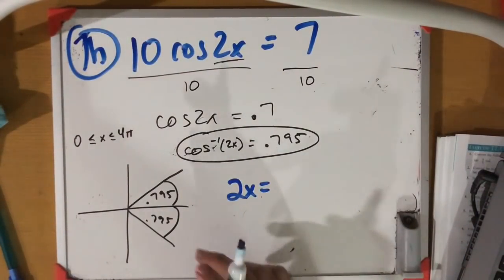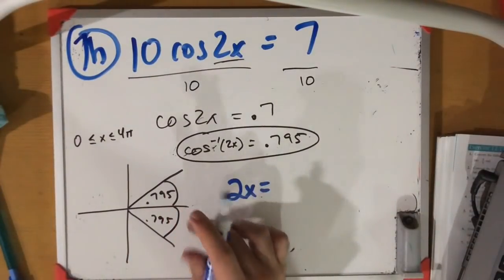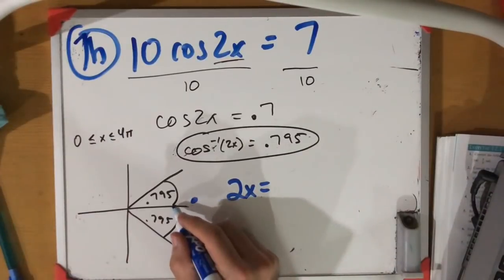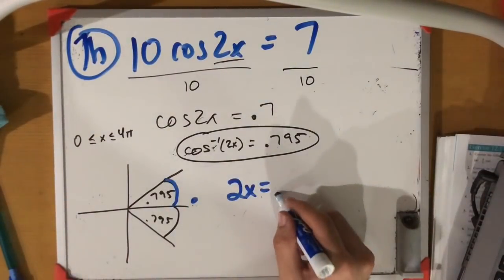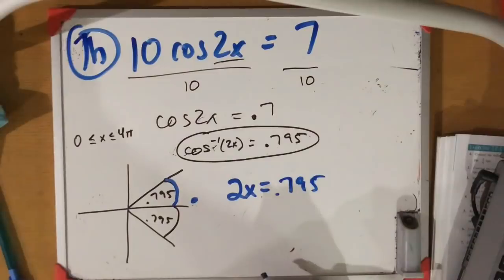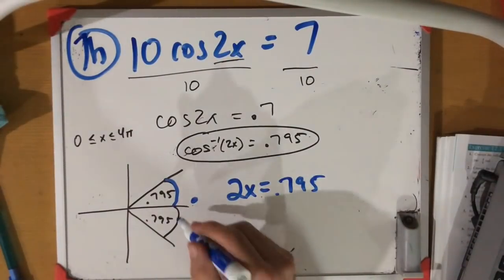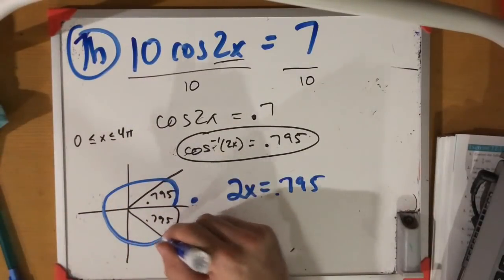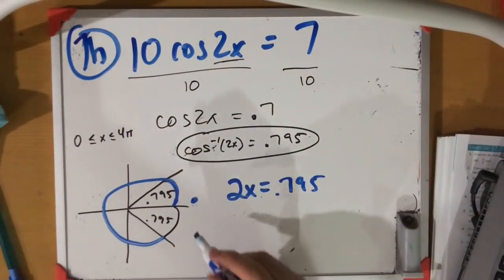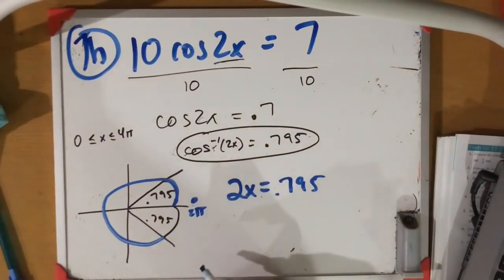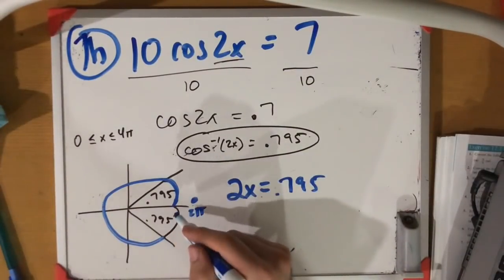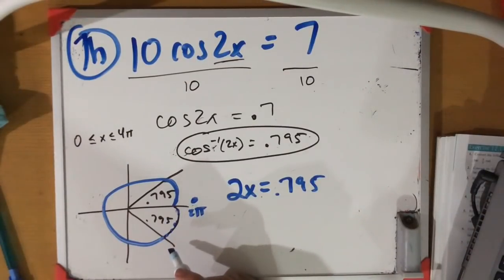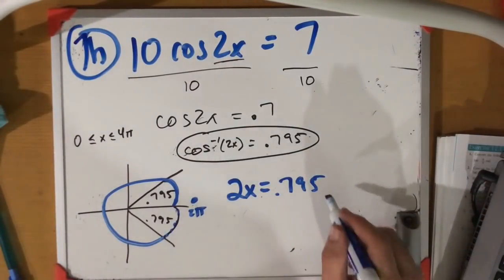Well, we're going from 0 to 0.795, so we can figure this out pretty easily. That's just equivalent to 0.795. Let's keep going around the circle. How do we find that angle? How about we just use 2 pi to our advantage? 2 pi minus 0.795 is going to be equivalent to